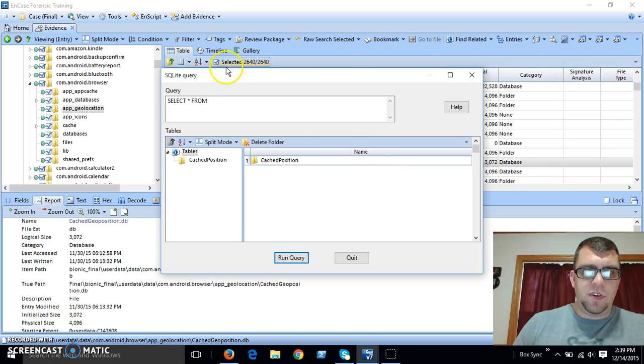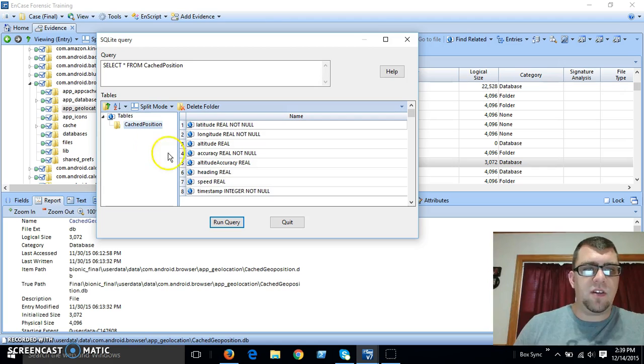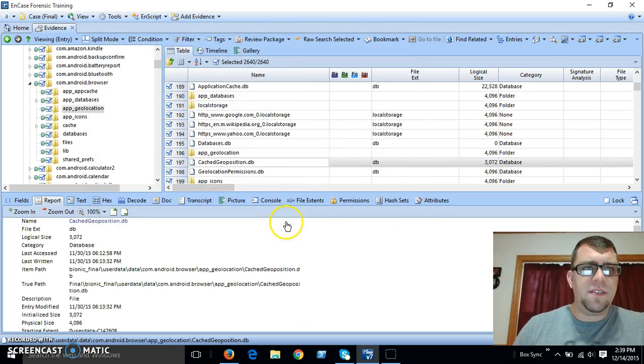Now we'll try a different one. So you can see that this is going to show all the tables and all the data that are in these databases. So this is a table, cached position is the table, and this is going to show all my latitude, longitude, altitude, how accurate it was, heading, speed, timestamp, all this different information that this is keeping. And you can see this database is a pretty small one, but that's using the SQLite query script,